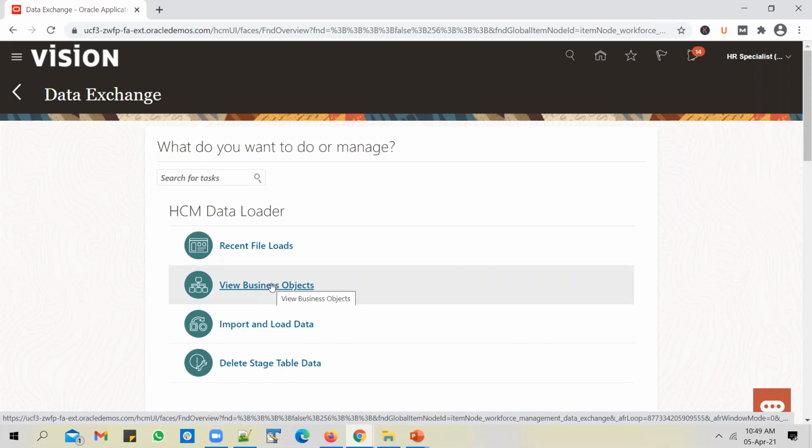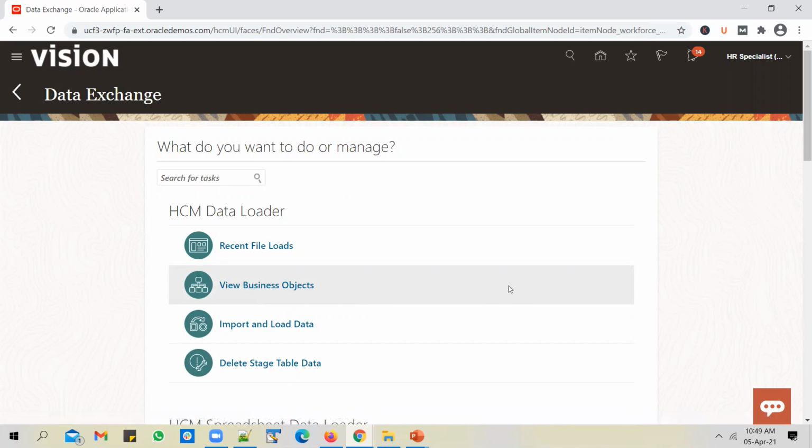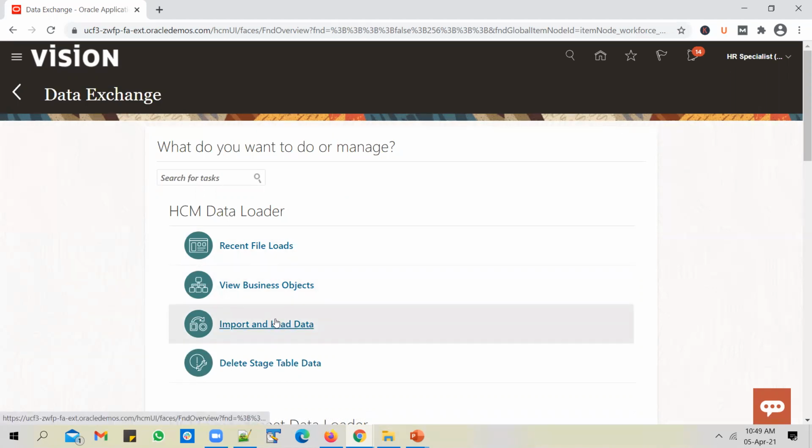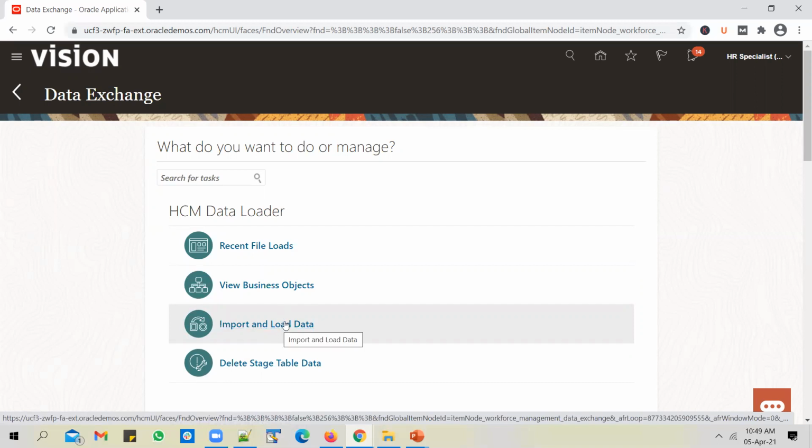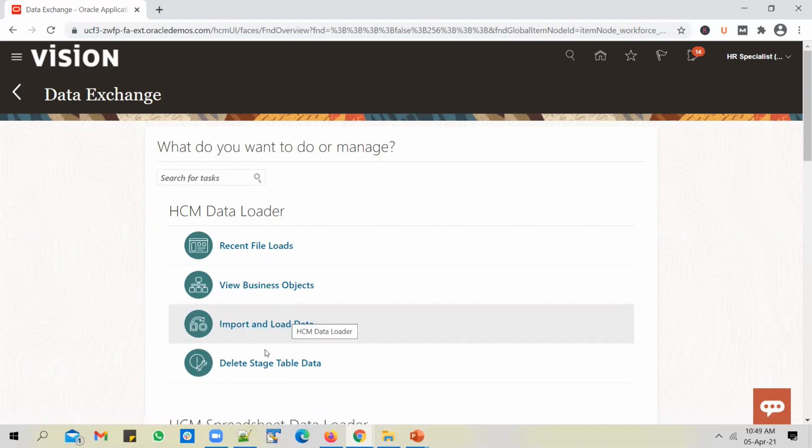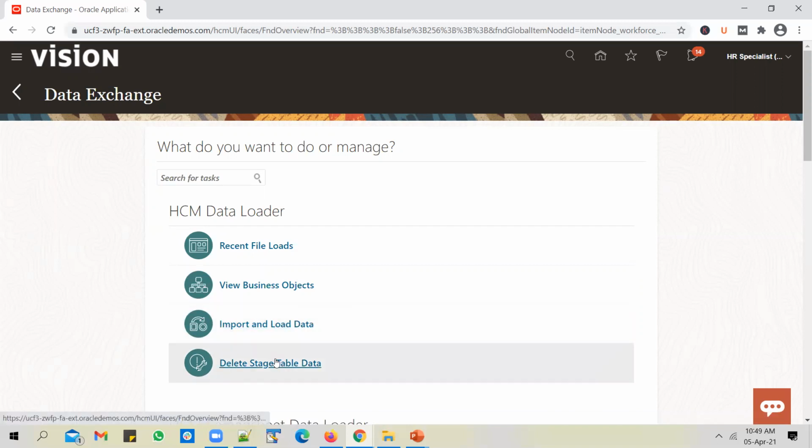You have to first get into this to see if the business object is supported. If it is supported, you can download the template file from within the navigation option itself. You download the template from here, and then you prepare a data file as per the template specification. Once the data file is ready, you can import and load it. And if the data gets stuck in the stage table and you want to flush it for whatever reason, you can use this option.